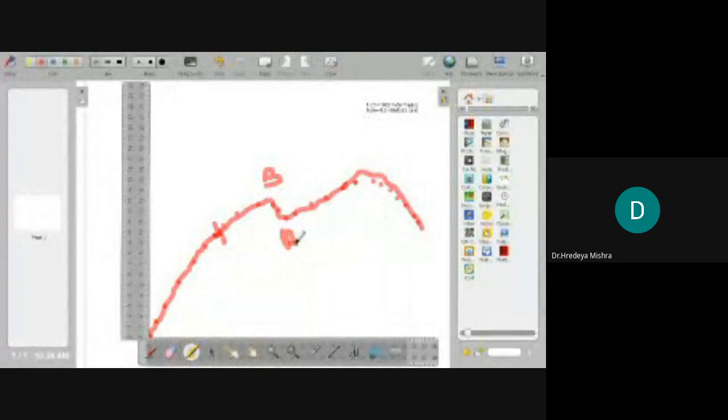Here you get C point, this is D point, and this is our E point. Okay, the main thing is this scale,